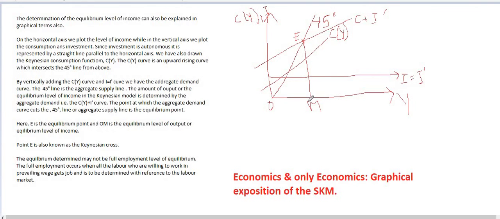It is nothing but the point of intersection of the aggregate demand and aggregate supply curve, or the 45-degree line. The crucial thing to be noted here is that the output or the income is determined only by the aggregate demand. So Keynes was the first economist to emphasize the role of demand in determining output. He also played an important role in bringing the world economy out of the Great Depression of the 1930s.